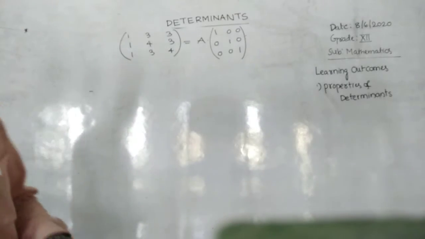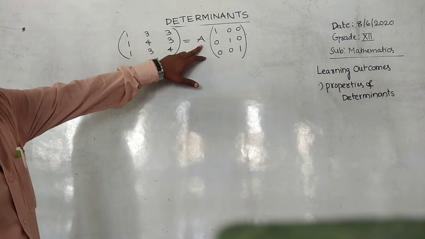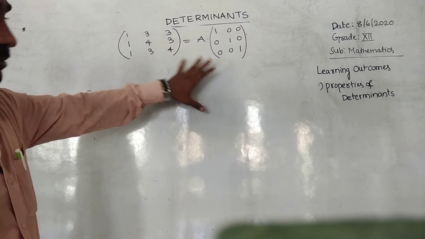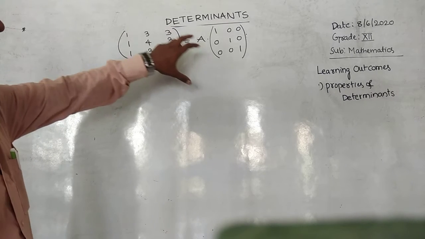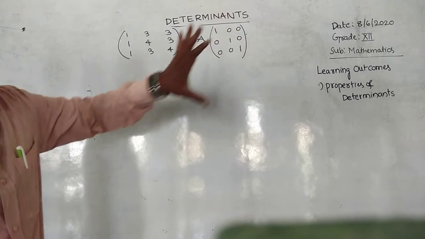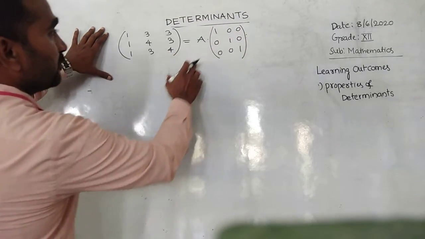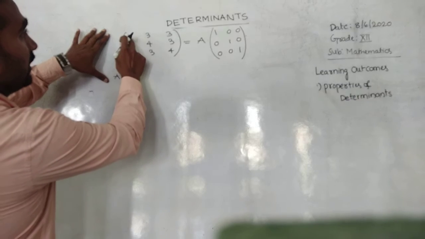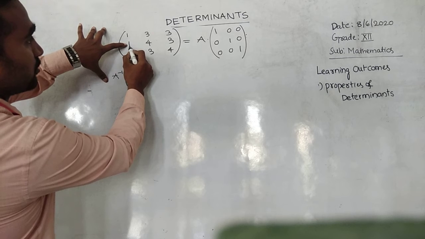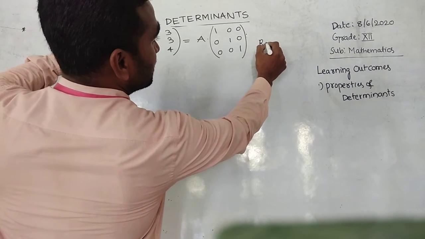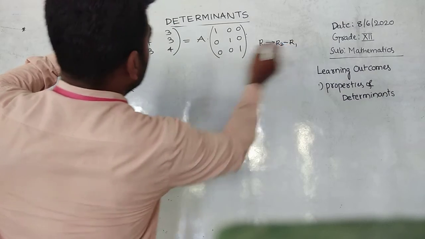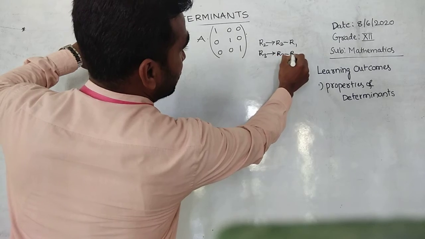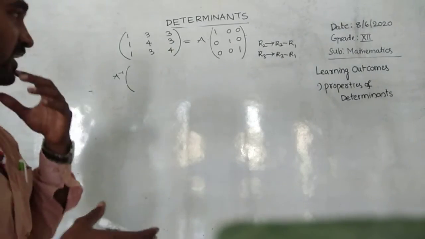See here, this is A given, assume it is equal to A and multiply with I. Now by using elementary transformations, convert to identity matrix, then the remaining matrix at right side is the A inverse. See here, this A bring this side, it will become A inverse, and by using elementary transformation, make zeros. R2 implies R2 minus R1, you will get 0, and R3 implies R3 minus R1. So try to make identity matrix on left hand side.